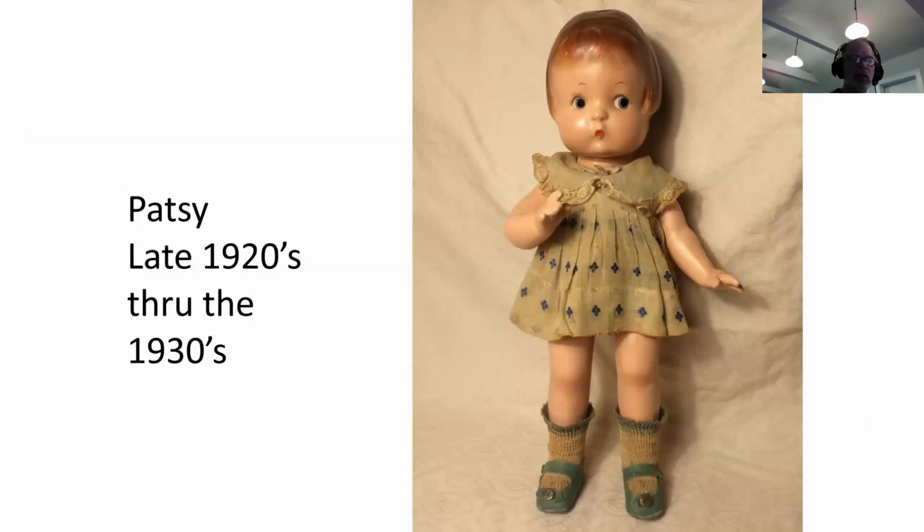One of his earliest and biggest hits was Patsy. Patsy was started for F&B Doll Company in the late 20s, and she continued to be very popular through the 30s, through the Depression and all that. As you can tell, she's very cute, very stylized, and just an adorable little doll. And everybody had her. She came in a million different sizes, from 9 inches to, I believe there was a 32, or Patsy May